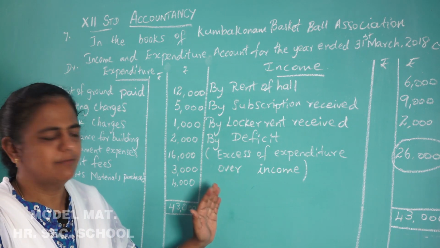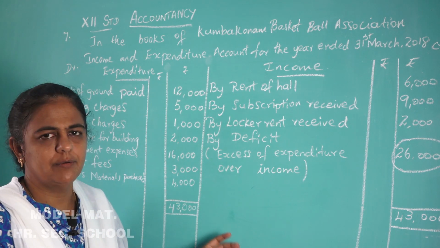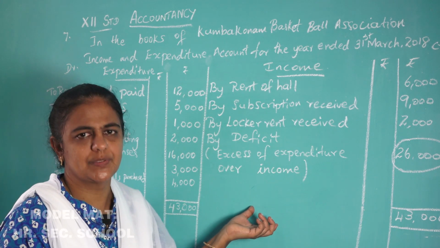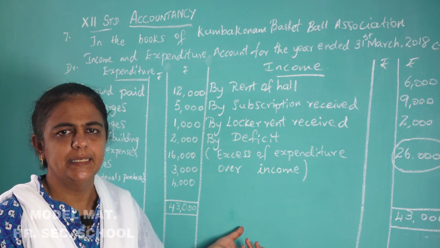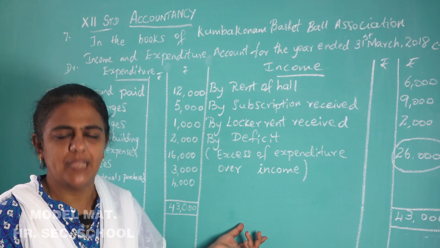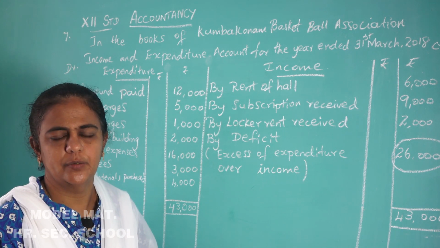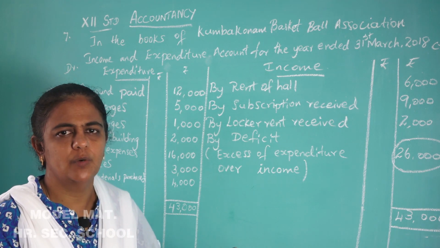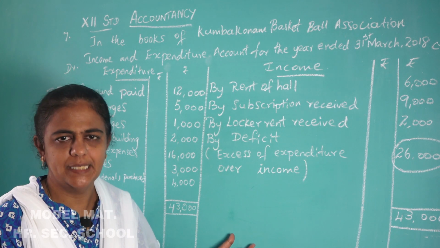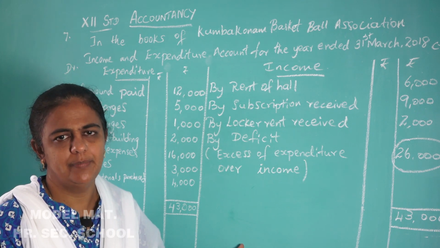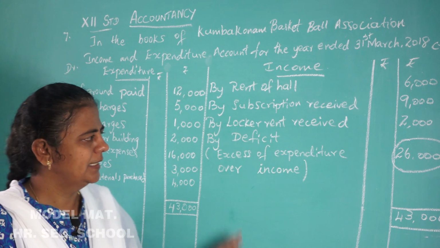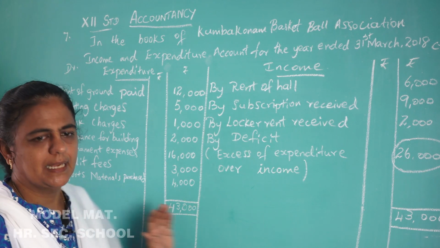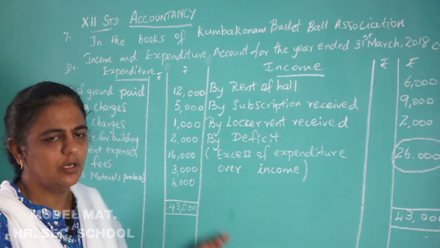So what are the things you have to write in the income and expenditure account? You have to write all revenue expenses and all revenue receipts. Any income or any expense which is of capital nature should not be recorded here. Then what are the things you have to keep in mind? You have to write only the current year. The items pertaining to the current year alone should be taken here, and non-cash items will also be recorded here. Is it clear, children? It's very simple. Just identify the income, identify the revenue expenses, and find out whether it is a deficit or surplus.